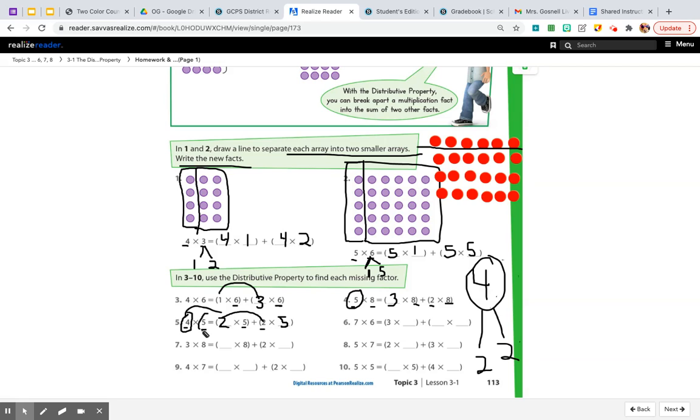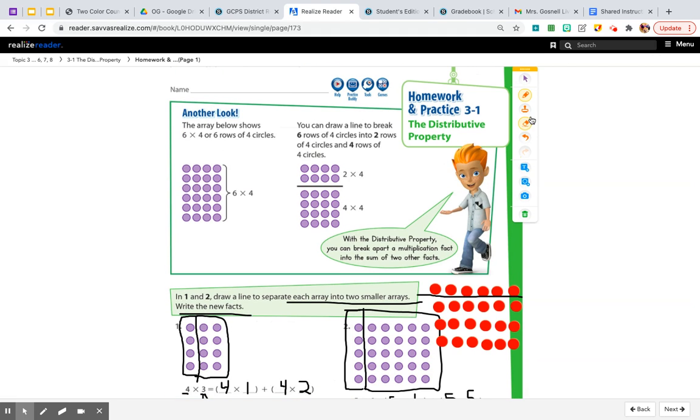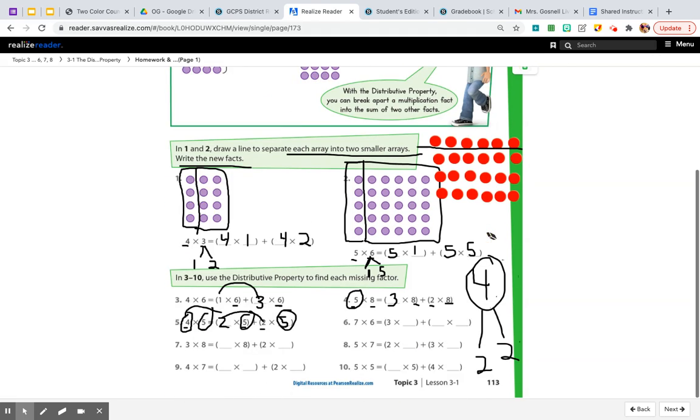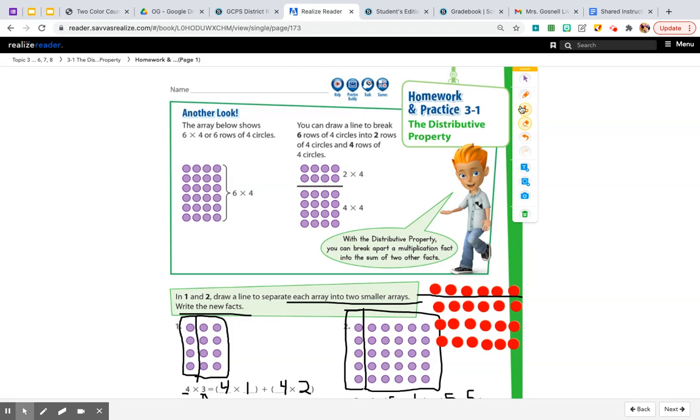Also notice how 5 did not change because only one factor was decomposed. Only one factor was. That's what distributive property says. It says you only can break apart one of those factors to make smaller ones. So let's take a look here